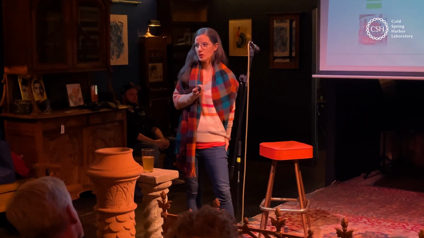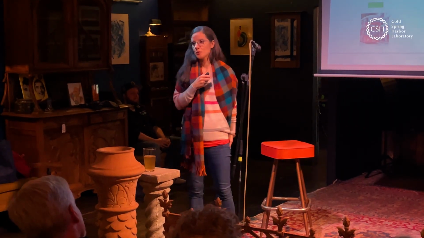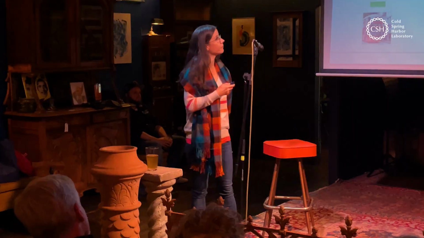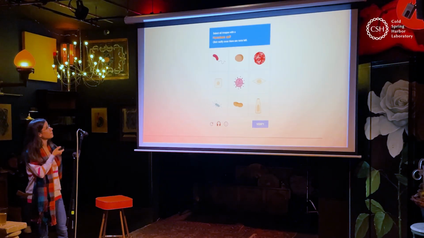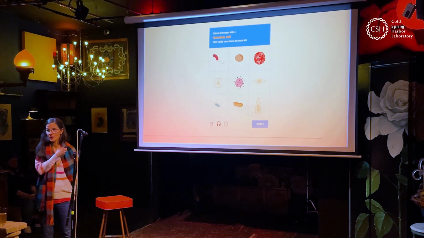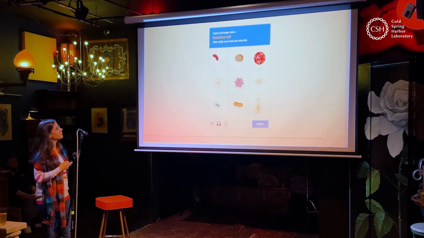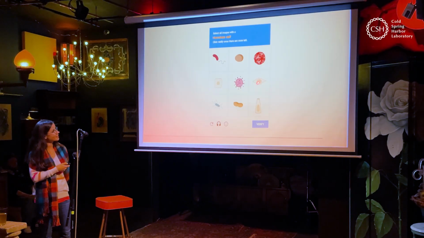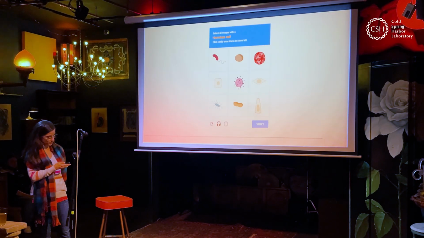Okay, why am I telling you this? This is basically how the immune system does it as well. So we're going to play the same game. We now need to find the harmless cell in this image here. Any guesses? We've got these cells here, hidden amongst all the pathogens.